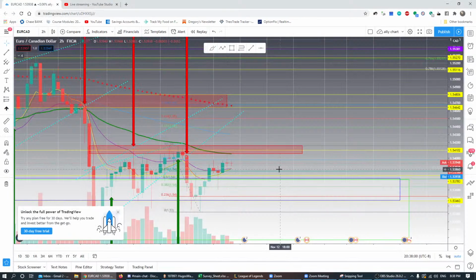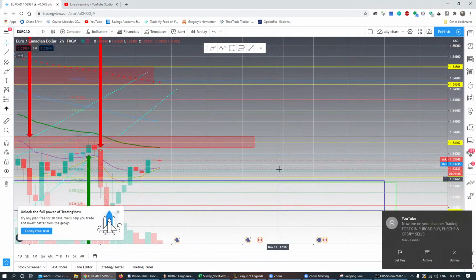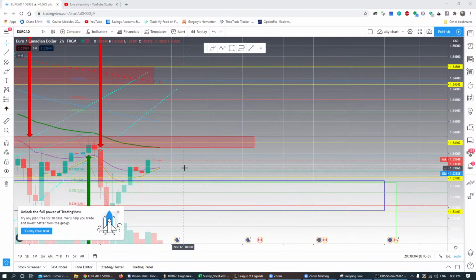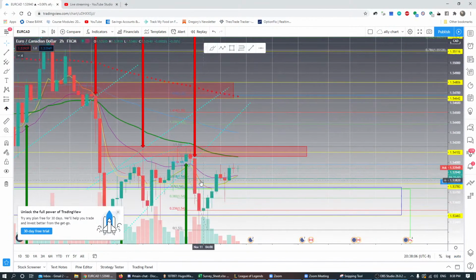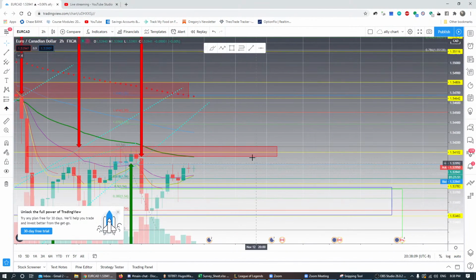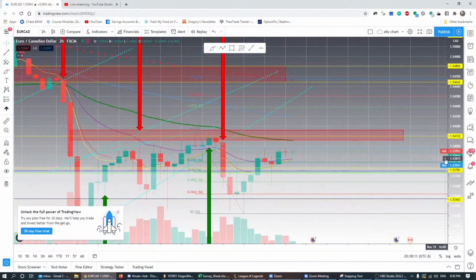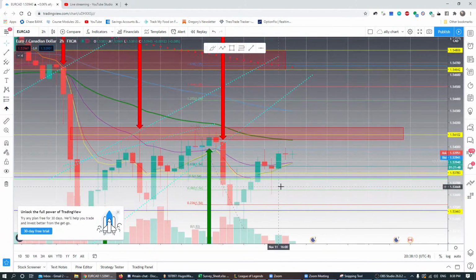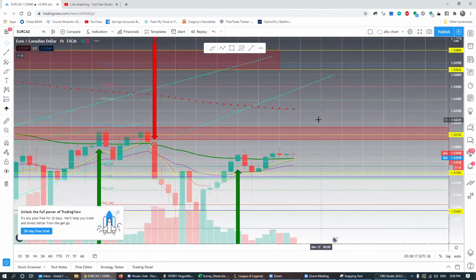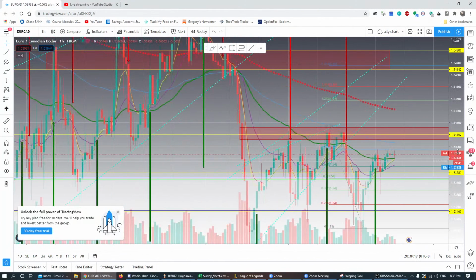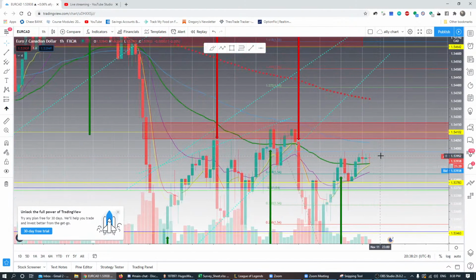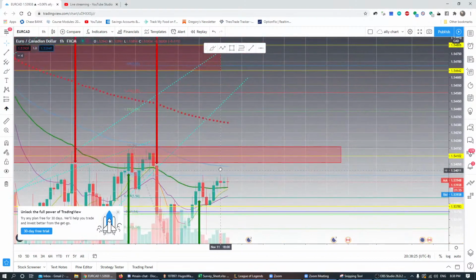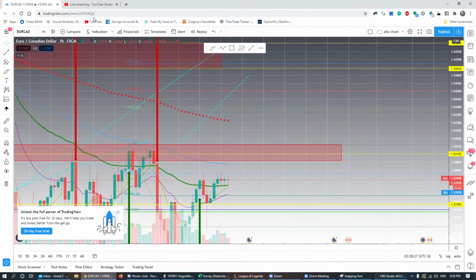Alright, so let's see. EURCAD, 2-hour time frame. Week volume. Have to go back in the hour. Usually follow through for this one would be